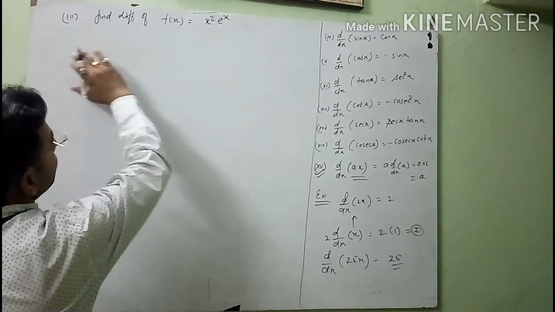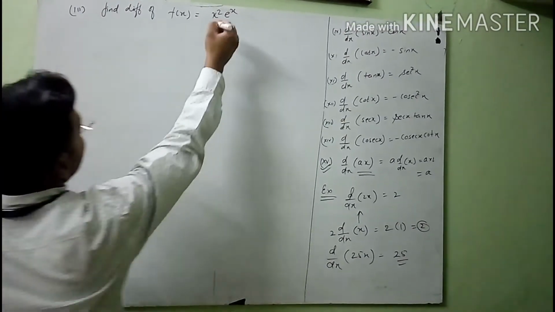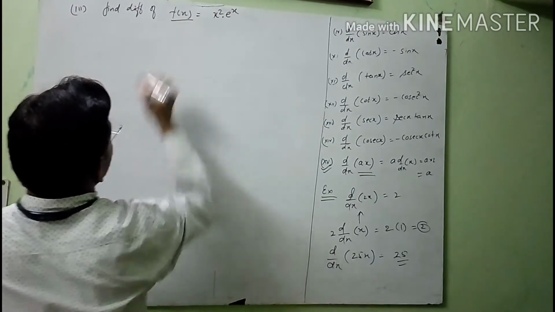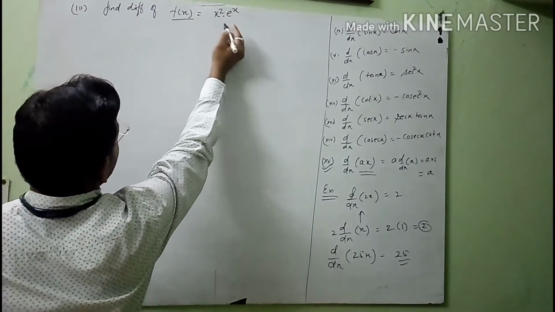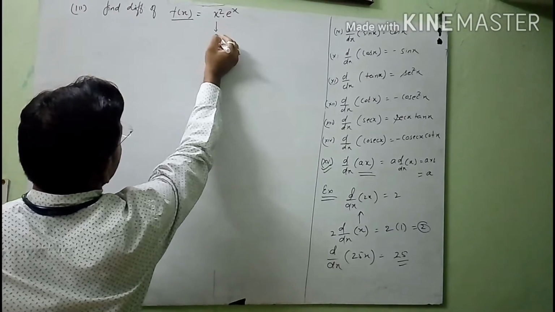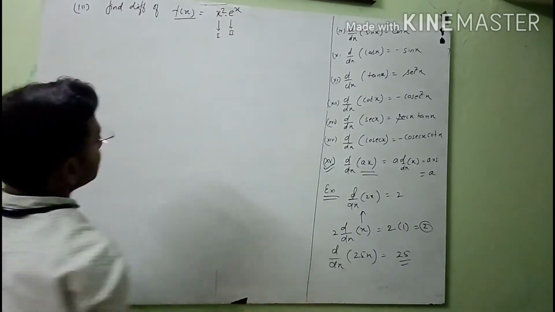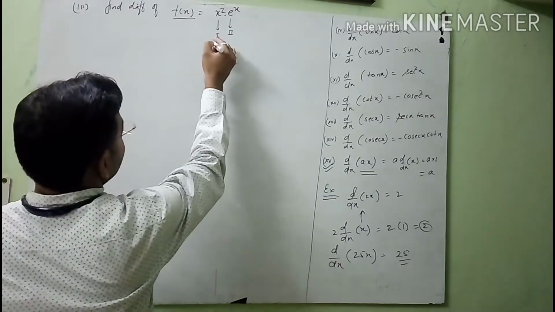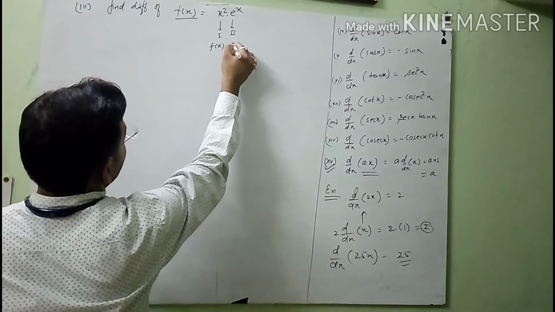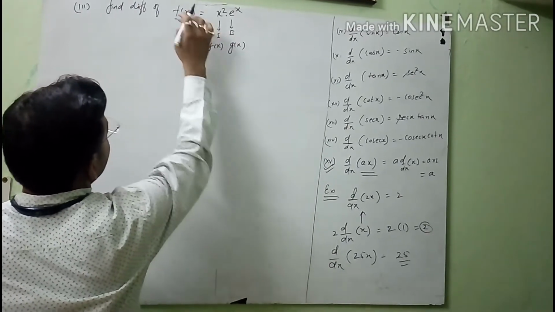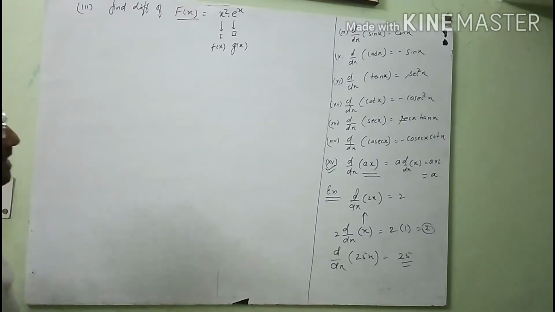Now students, see here, when we take another example to solve this function, in the given function f(x) we have two functions. The first function is algebraic, which is x square, the second is exponential. So we will follow here the product rule. Here I consider the first as small f(x), the second as g(x), and the whole combined function is given by capital F(x).